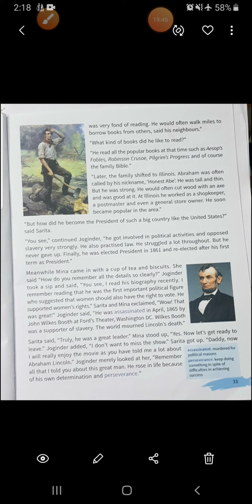Sarita said that now, as you have told me so much about Abraham Lincoln's life, now I will really enjoy the movie. And Joginder looked at her and said that, remember, whatever I told about him,